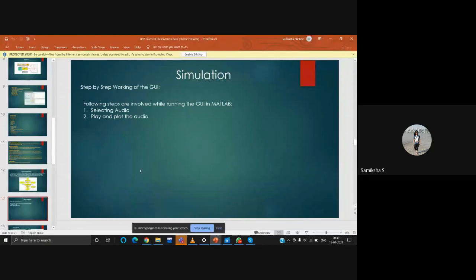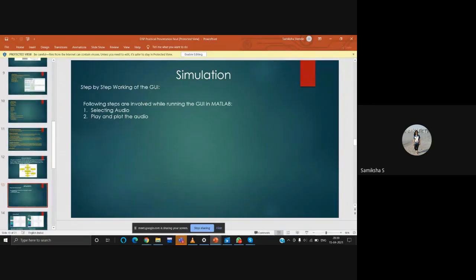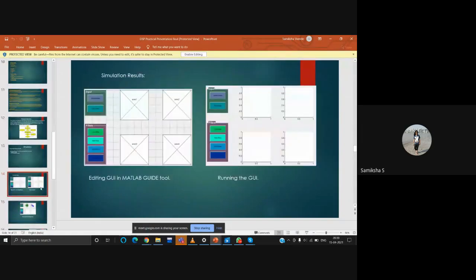We have used predefined functions in MATLAB, so in one interface we can choose whatever filter we have to use. As shown in the simulation, we have given the audio as input, and then we can select filters: low pass filter, high pass filter, band pass. This is our simulation.